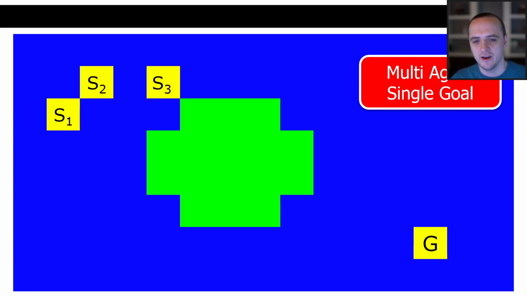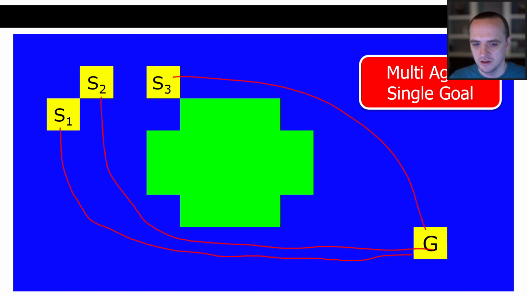Here, we have an example of multi-agent single goal. For example, you might have a game like Diablo or Path of Exile or some zombie game where you have a bunch of NPCs that are trying to get to the player, for example, to attack them. Maybe you have a bunch of these zombies and they're each trying to get to the player. So maybe your pathfinding system is multi-agent single goal, right?